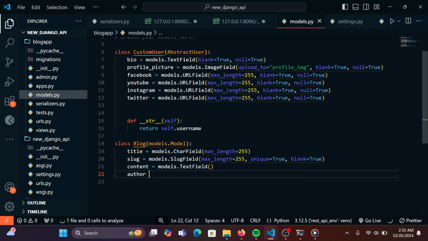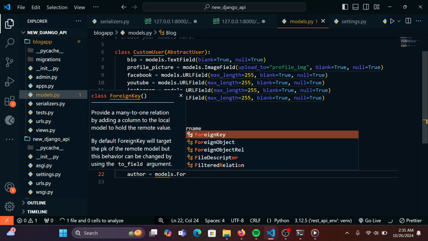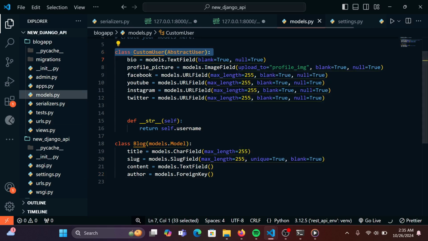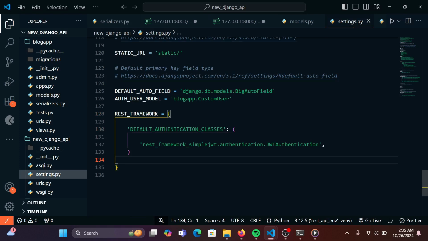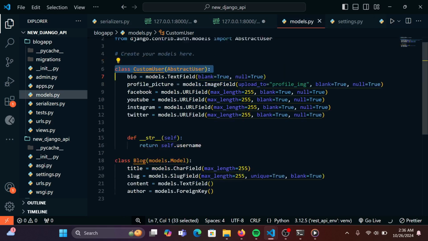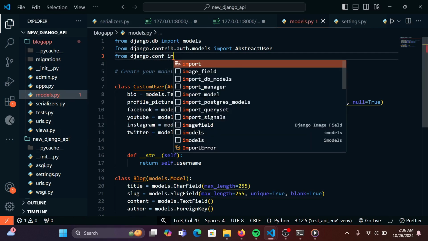the author, right? And that's going to be a foreign key relationship to our user. I'm going to say models.ForeignKey, right? So it's going to be this custom user. But the best way to do this is to get the user from the settings.py file. We are meant to reference it from here. That's the best way to go about it. I'm meant to point to the user from this auth user model. So how do you go about it? So remember, the auth user model is in your settings.py file. So you're going to say from django.conf import settings,